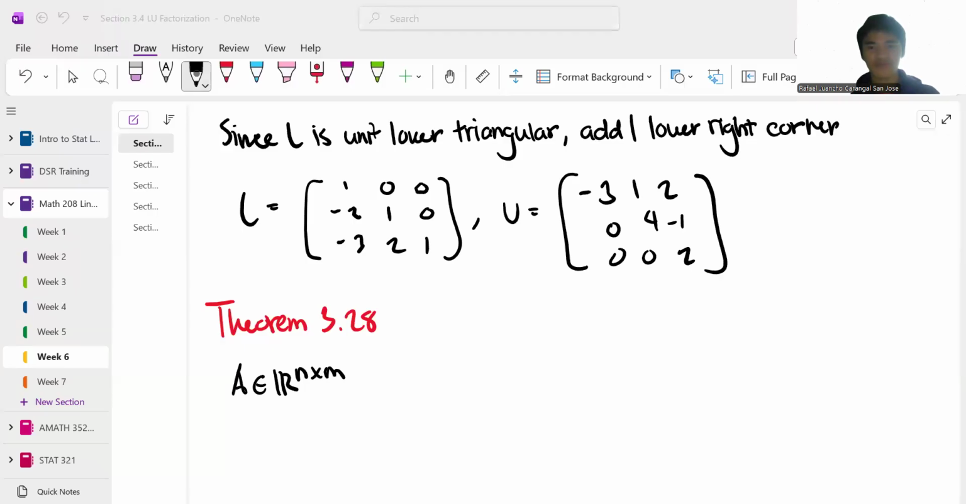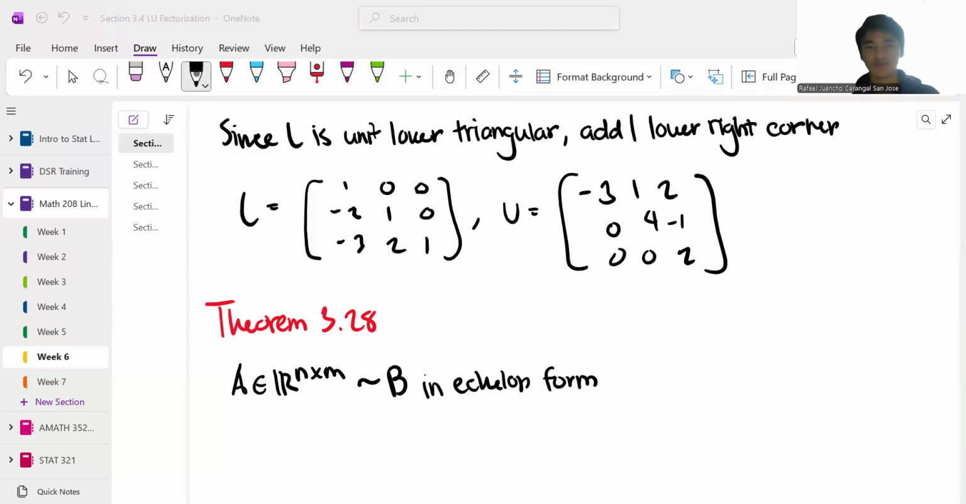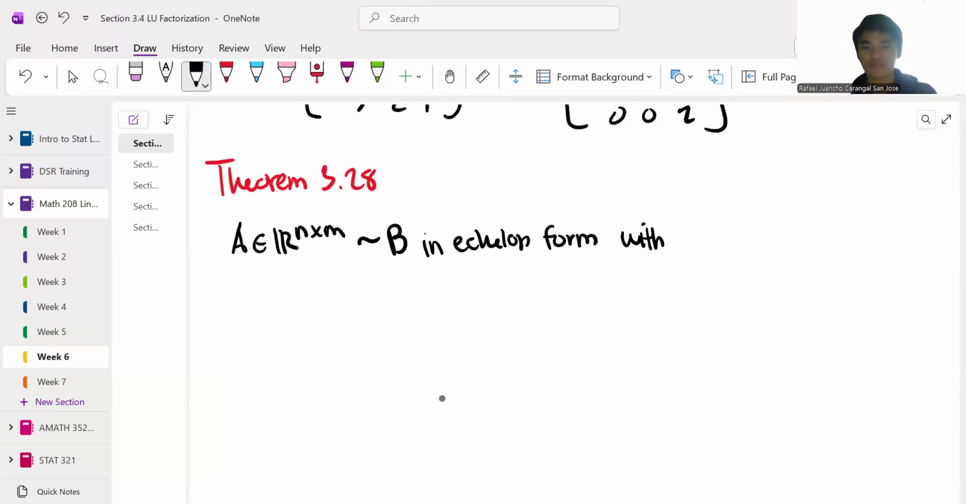So we say A is an n by m matrix, and it can be transformed to echelon form. So say we do that without interchanging rows. We can interchange rows. When we don't change the rows,